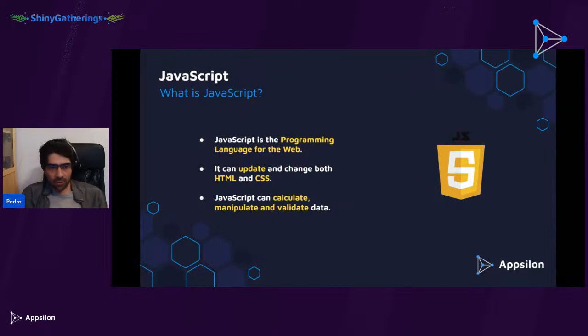And JavaScript also has a very interesting property, which is it can manipulate both the HTML and the CSS of the page. So this means that it's actually quite powerful as a skill, because if you can make a bit of an HTML structure and then add a bit of styling to it, you can actually use JavaScript to manipulate what you defined. This means that you can pretty much use JavaScript to change anything in real time.